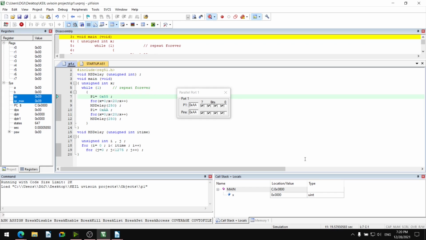Now it is 5 seconds. May not be exact 5 seconds. Why? Because the crystal frequency is not matching. We have to go for exact crystal frequency.